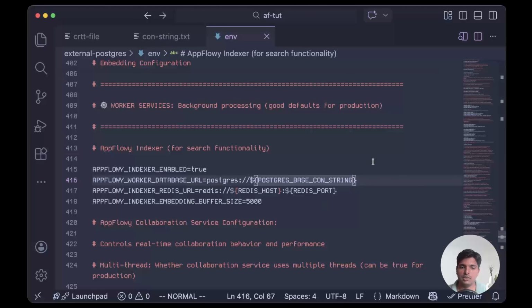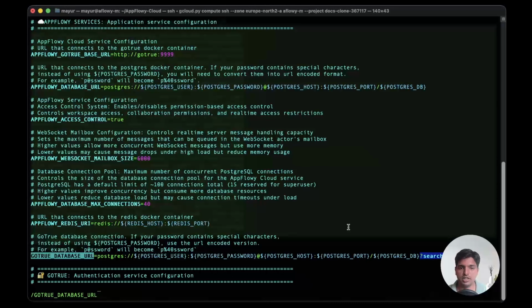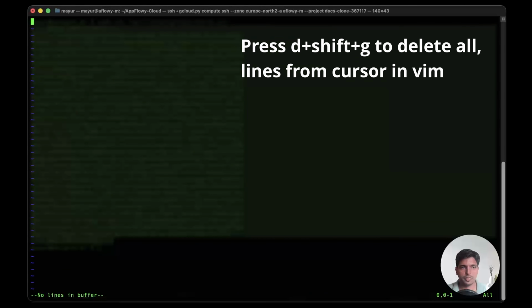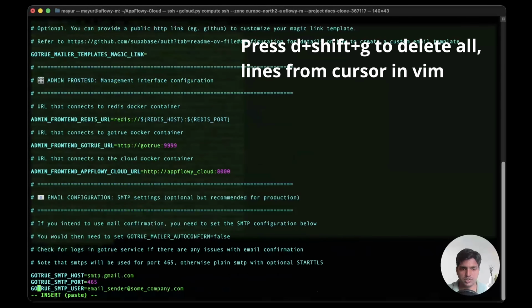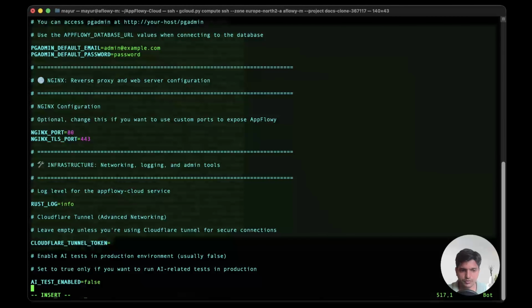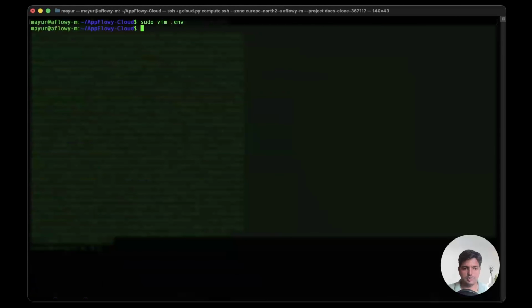Okay, so I have already done this, so I will just copy this file. I will paste this file in, and then I can exit this file. Wonderful. Now the next step is that we have to